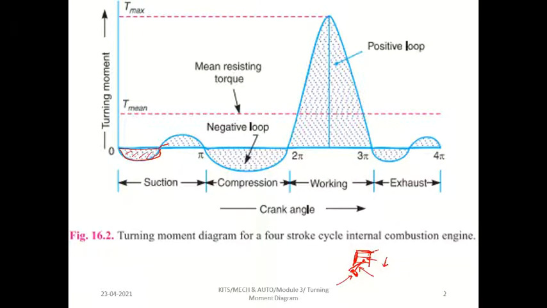Once the piston got some energy and has started to move downward, the rest of the stroke can be carried with the help of gravity force and the inertia force. So we get energy from the flywheel, so it's minus. And because of the gravity force and the inertia force we move downward, so we are getting energy through gravity and inertia force, so it is mentioned as plus.